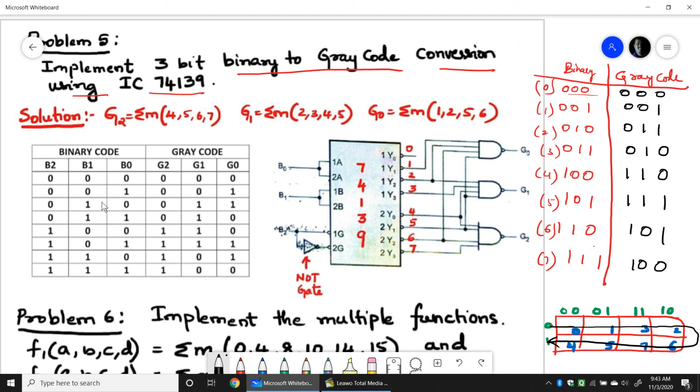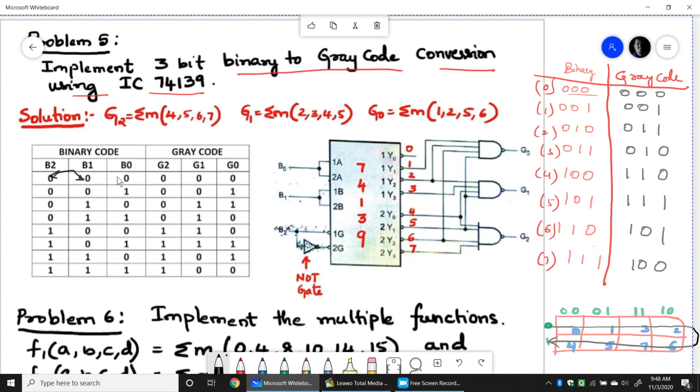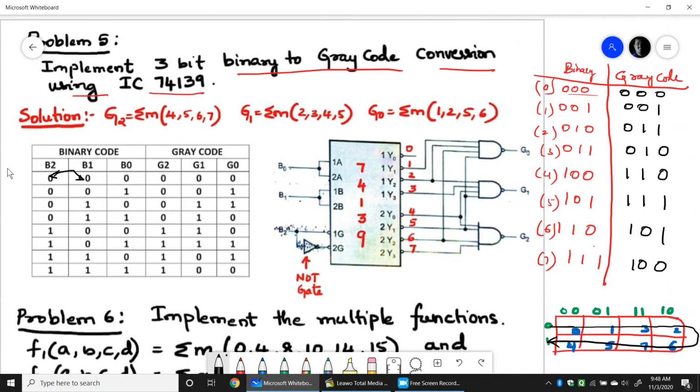We do have another method where we normally go with gray code, where we take 0 XOR 0 and so on. But this is the easiest way which I have explained to get the gray code,